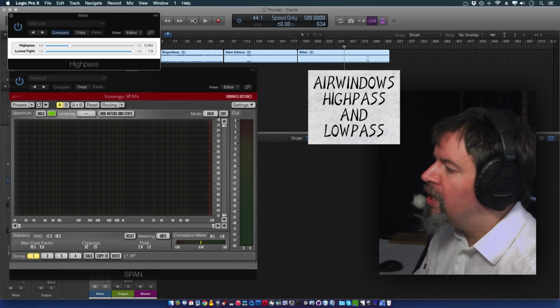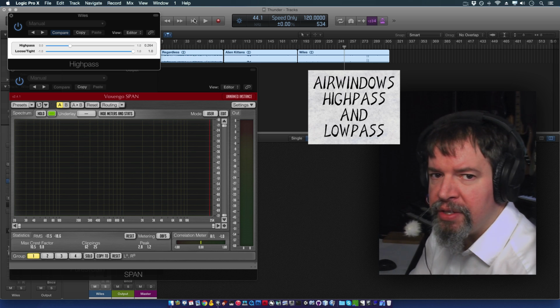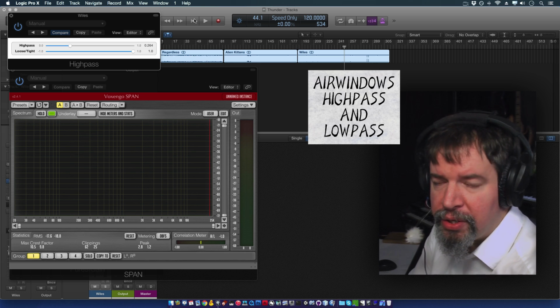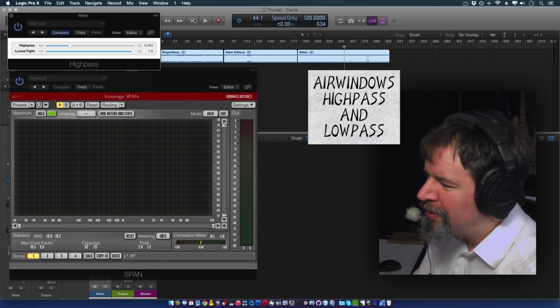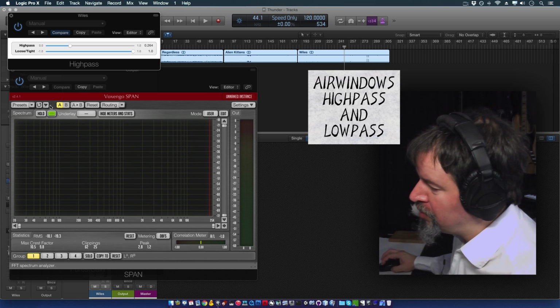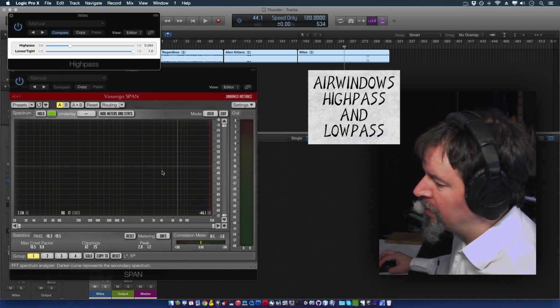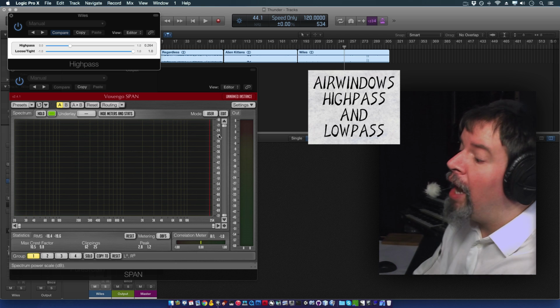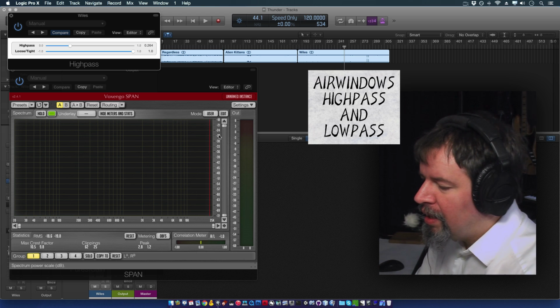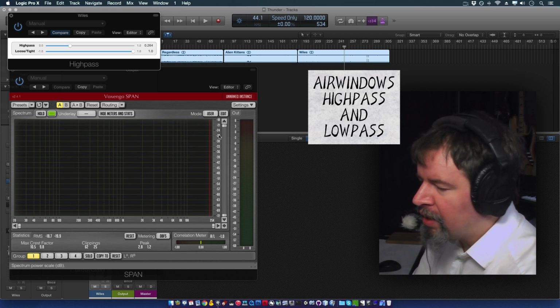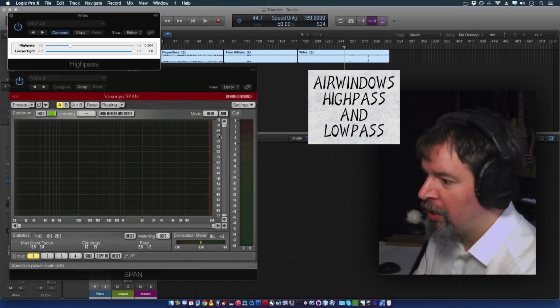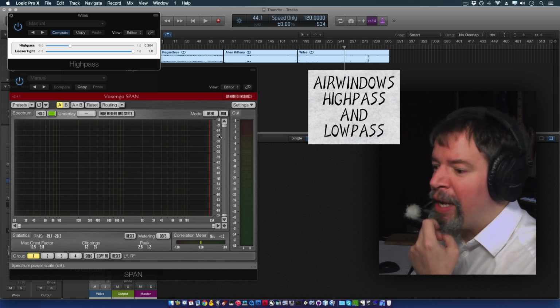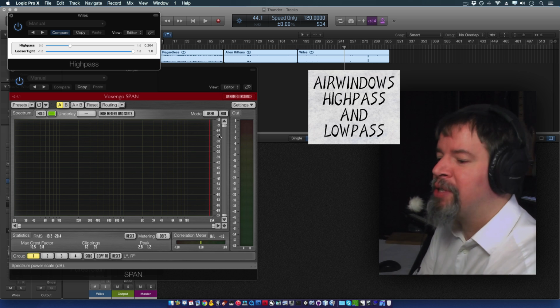So this was Lowpass and Highpass. They're strange little plugins. They really are. The way that they interact with the Nyquist frequency is kind of odd and obscure. And I think normal developers would never allow people to have them because it'd be like, oh no, it's not low passing properly because it's still leaving some stuff behind. But